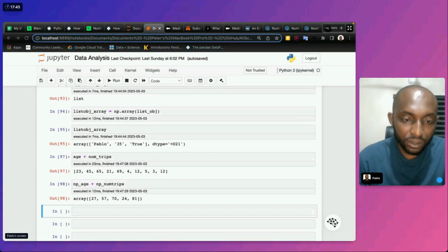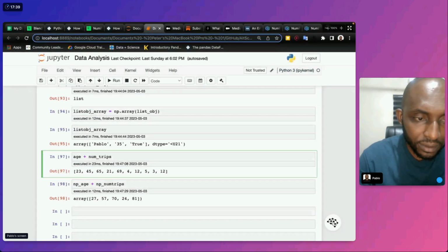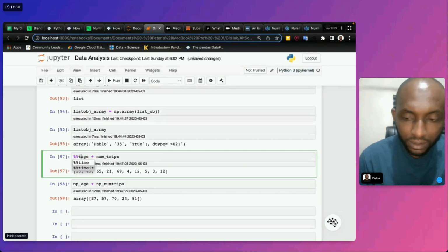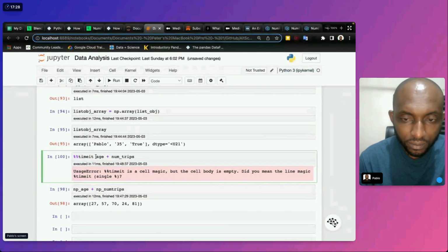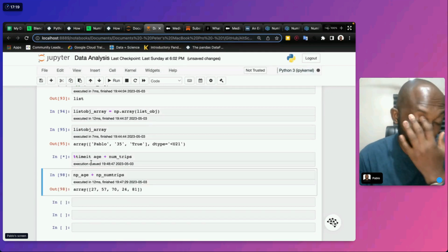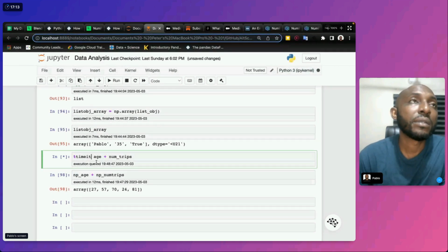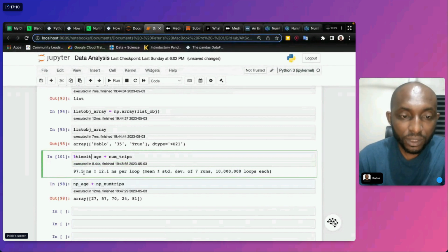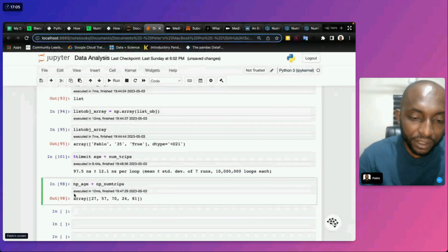If I was to put a timeit here, did I get it right? Yes. So you put a timeit here, and you can see it for an array.